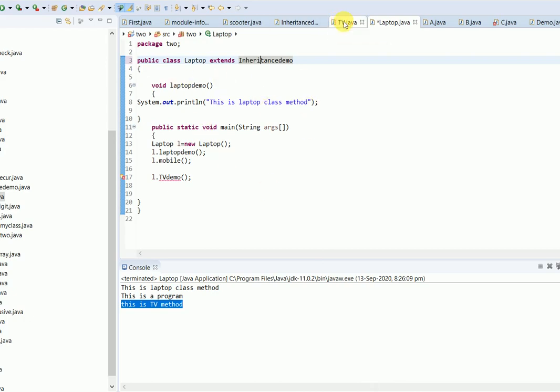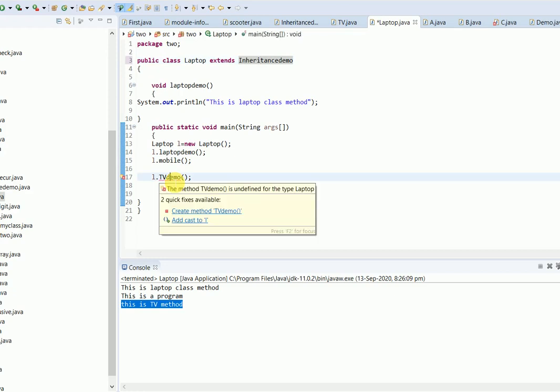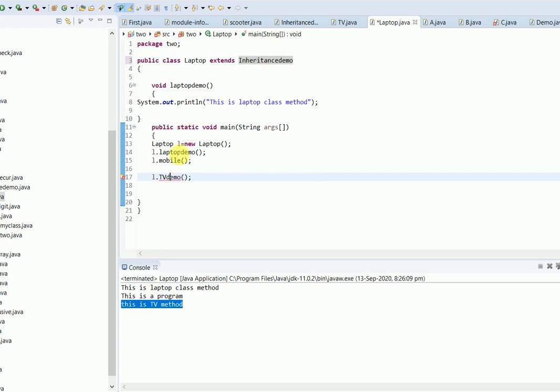Why? Because TV is also extending the inheritance demo class and laptop is also extending the inheritance demo class. Since now it is not extending the TV class, we cannot access the TV demo method through it. That's why it is giving an error. Now we can only access the mobile method through it, which is the method of the inheritance demo class.